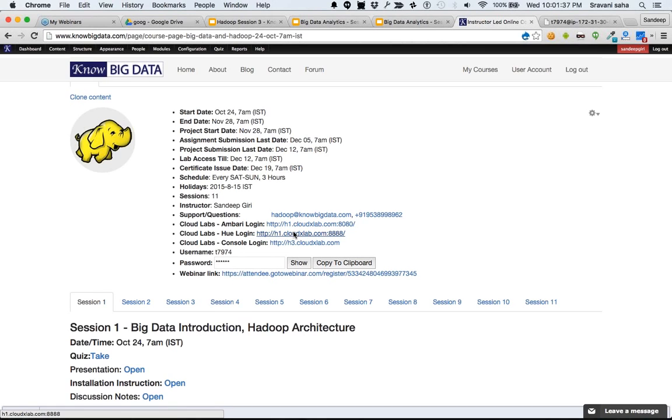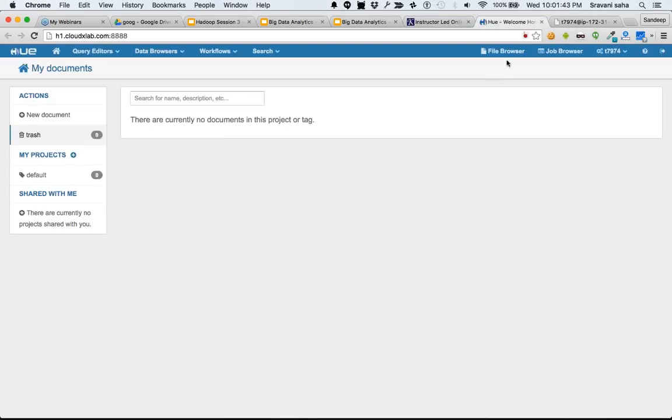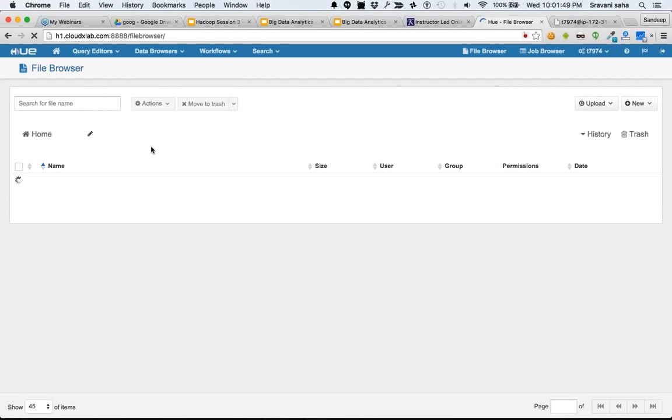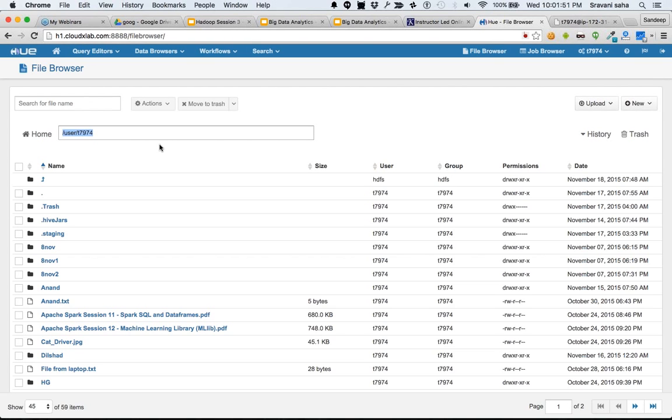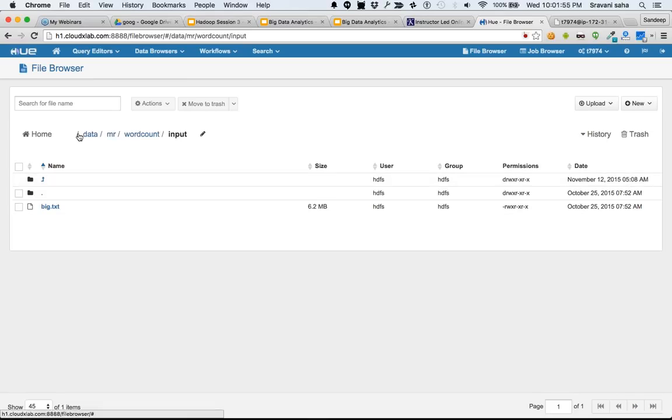Hue is the way you interact with all these components. When you go into Hue, you will see the file browser. You go to this particular folder, whatever we have mentioned here. In that folder, inside data, inside MR, inside word count, we have the input folder.